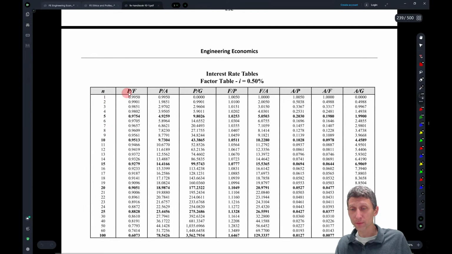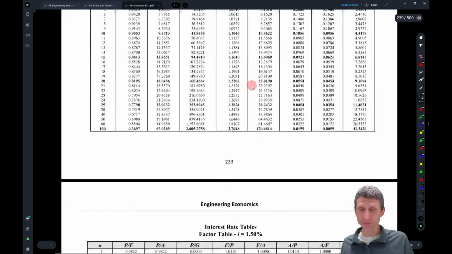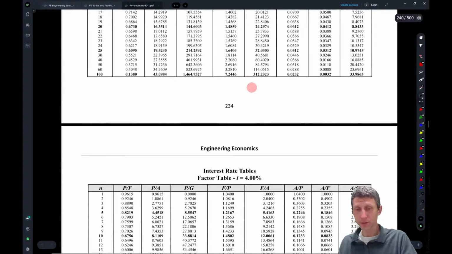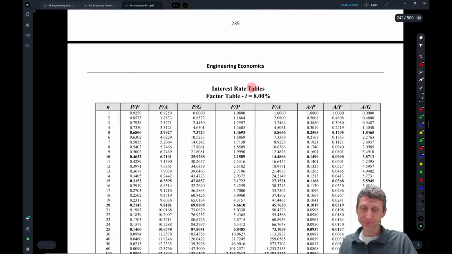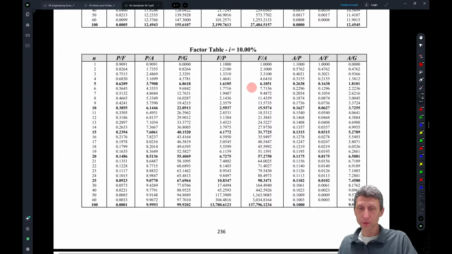But what do we have? We have the present given a future value. We have a present given an annual increment that gets put in. And this is where we have a future given a present, or a future given this annual investment. So we're going to come to future, annual investment. We want to go to the 10% table. So let me come down to 10%. And future given an annual payment, and we have 10%, 30 years, and we get this